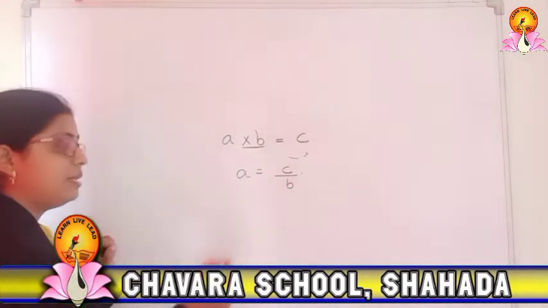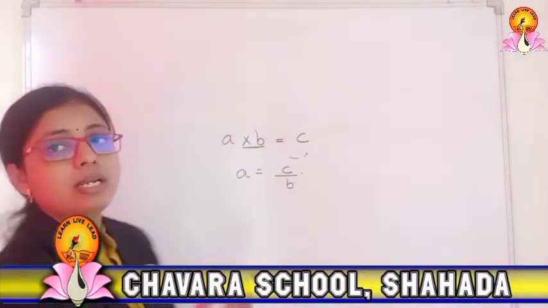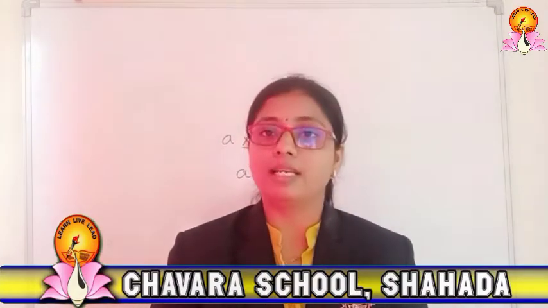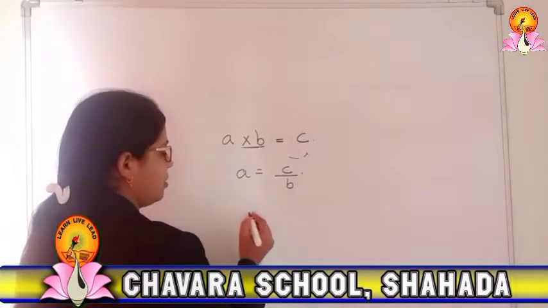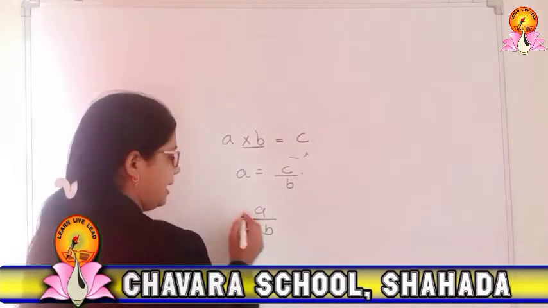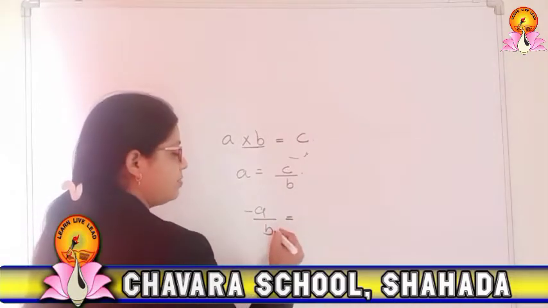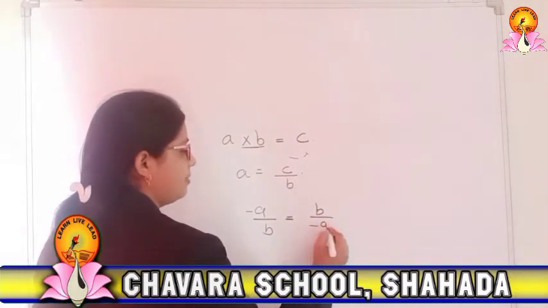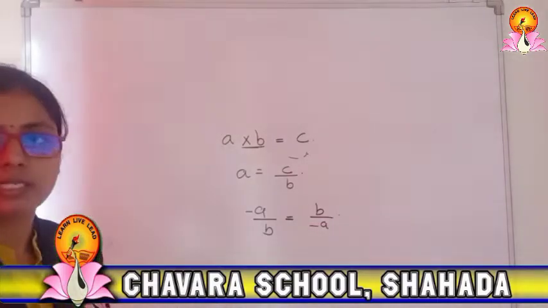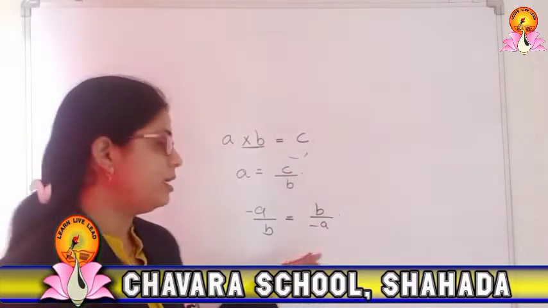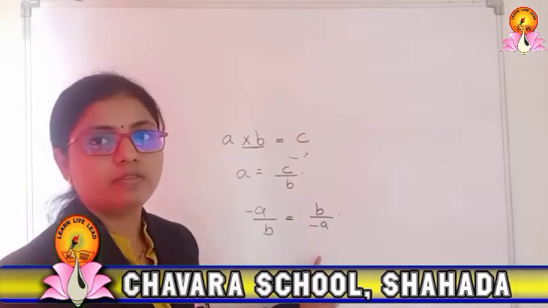And multiplicative inverse is nothing but this: if it multiplies there, then it goes to divide. So like that we can find the multiplicative inverse of any number. It's nothing but making the reciprocal of the number. Suppose the number is A upon B, and suppose negative A is there. So the reciprocal, the inverse of this, will be B upon negative A. Okay, the sign will be as it is. It will not affect anything.